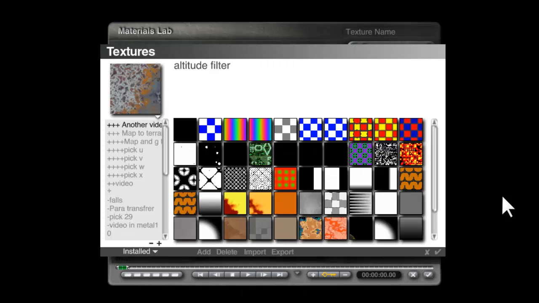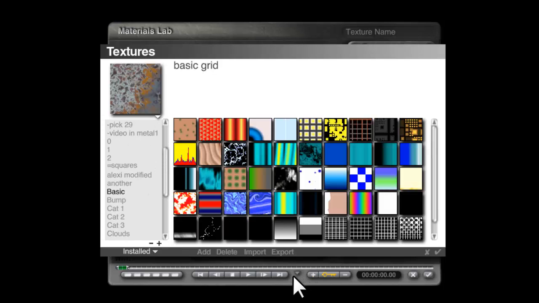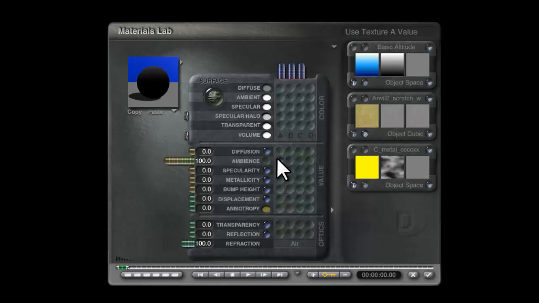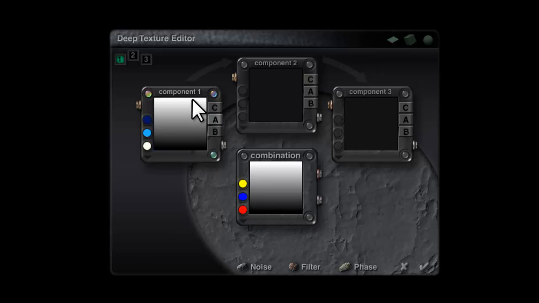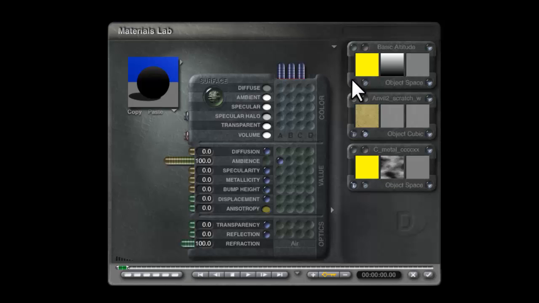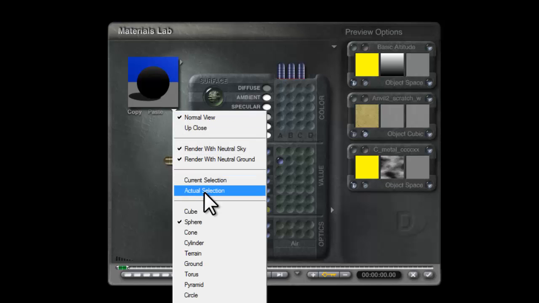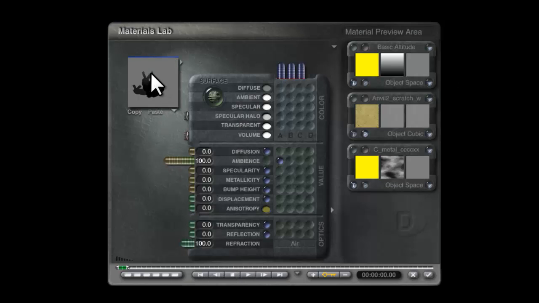Hold the shift key down. I'm going to bring in from one of the basic textures this basic altitude. Now we need this to be outputting the alpha channel to control the ambient, so I'll go into here and give it alpha, and there we go, we've got white to black there. And then if we set it to our actual selection, we can see we've managed to light up the bunny's